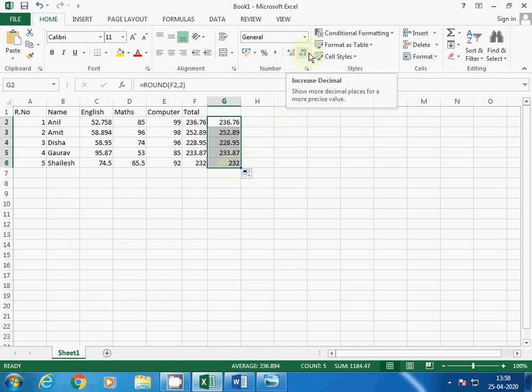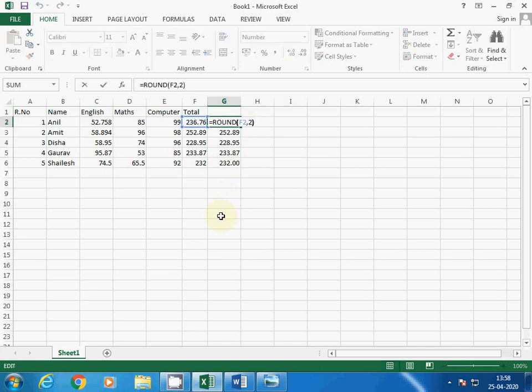Okay, it is still not showing the decimal places. If you want to see the decimal places, the options are given: increase decimal, decrease decimal. So here also you can click increase decimal, then you can see the value. Okay, so 232.00, everywhere it is there.